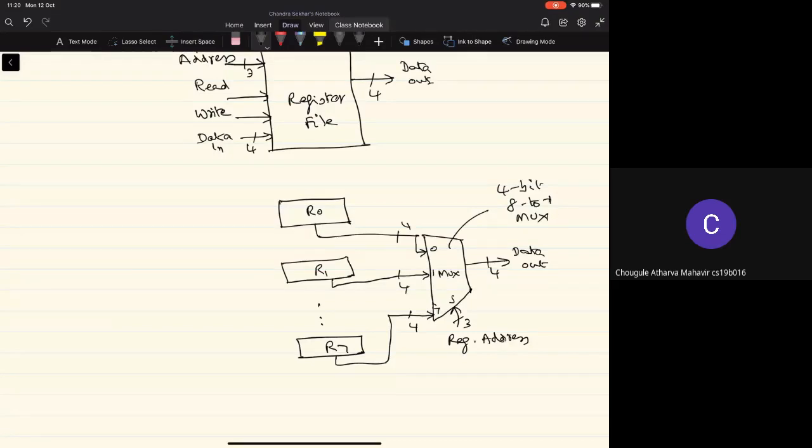And basically, you have to enable all these operations only when the read operation is to be carried out. So typically, there can be an enable signal in the multiplexer, which is controlled by the read operation. Only when the read operation is active, this signal will be 1, and only when this enable signal is 1, the mux output will be available. I'm not going into details of what happens when the enable is 0. Basically, there will not be any output on the data out lines. It will be electrically isolated. We'll not worry about the details of how to implement that.